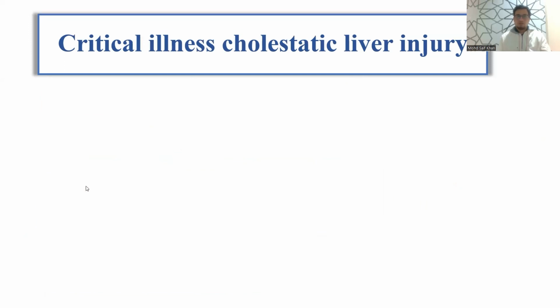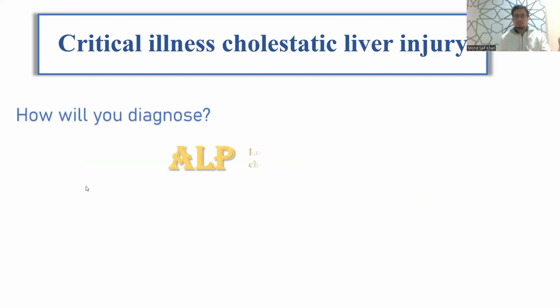Now, how will you diagnose? Diagnosis is important. The diagnosis of cholestatic liver injury is based on markers. ALP, alkaline phosphatase, is the first and foremost marker which is usually done, and it is a sensitive indicator of cholestasis. It is basically localized in the hepatocytes and cholangiocytes, and usually increased secondary to intrahepatic or extrahepatic